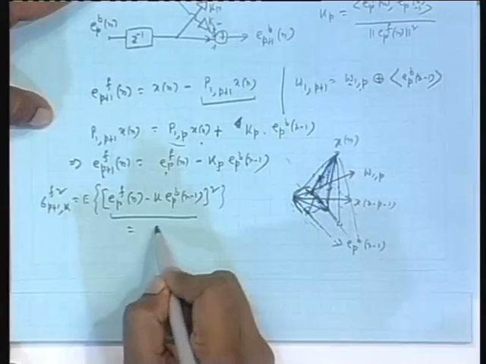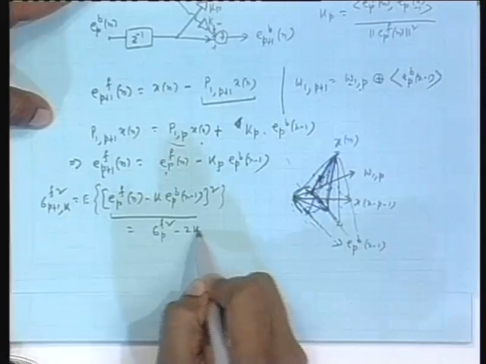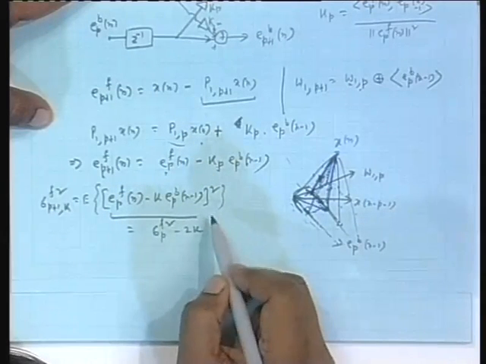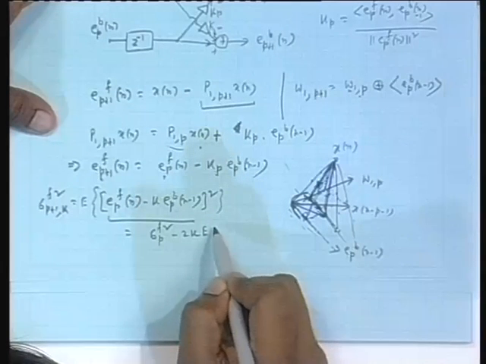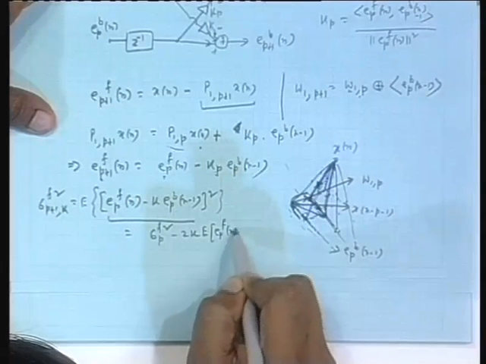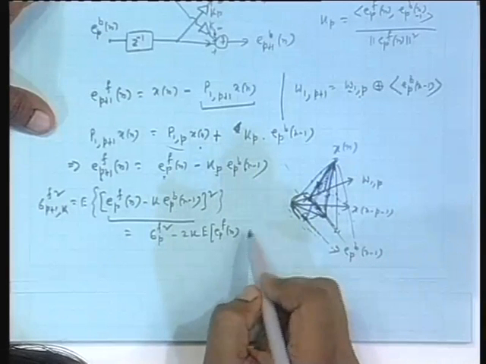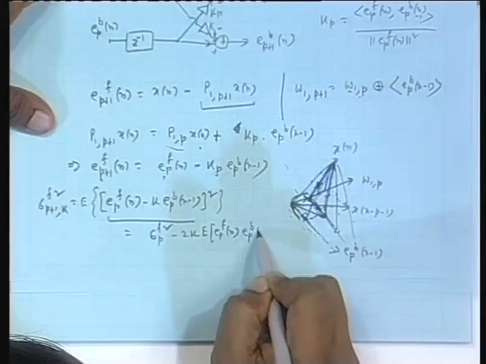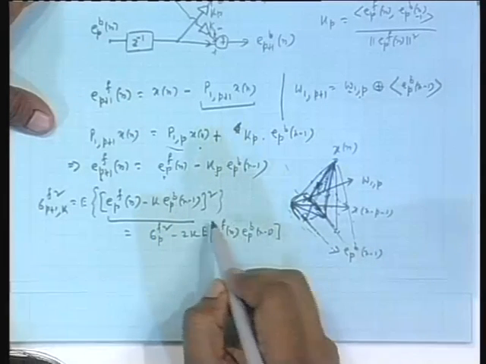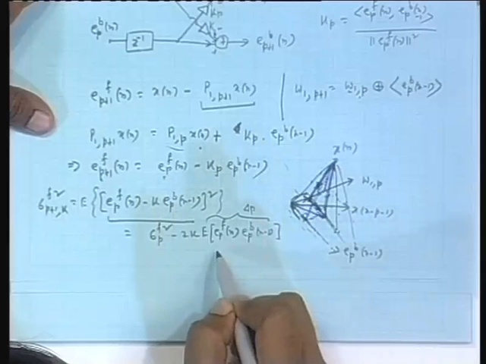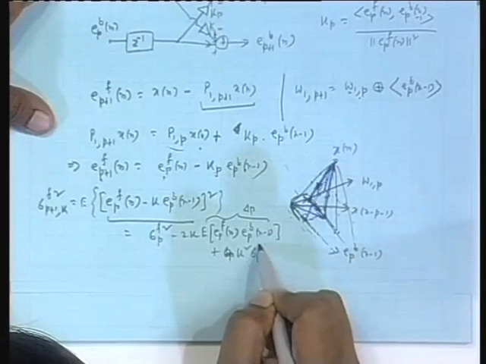And what it actually is, if you break it up, square it up and take expectation: sigma p f square minus twice k. Let me write down, instead of inner product, E p f n. This quantity I call delta p, isn't it? E p f n. This I call delta p. This quantity in my lattice was delta p plus, sorry, k square sigma p b square.